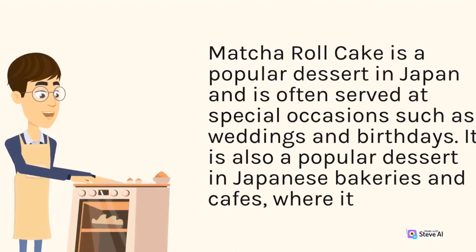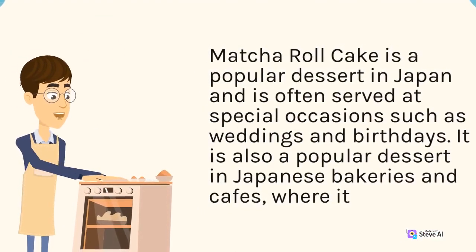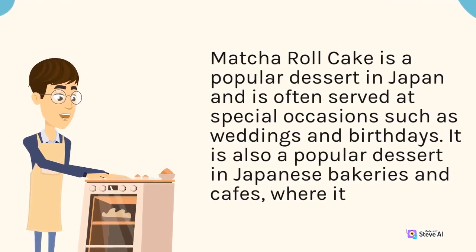Matcha roll cake is a popular dessert in Japan and is often served at special occasions such as weddings and birthdays. It is also a popular dessert in Japanese bakeries and cafes, where it